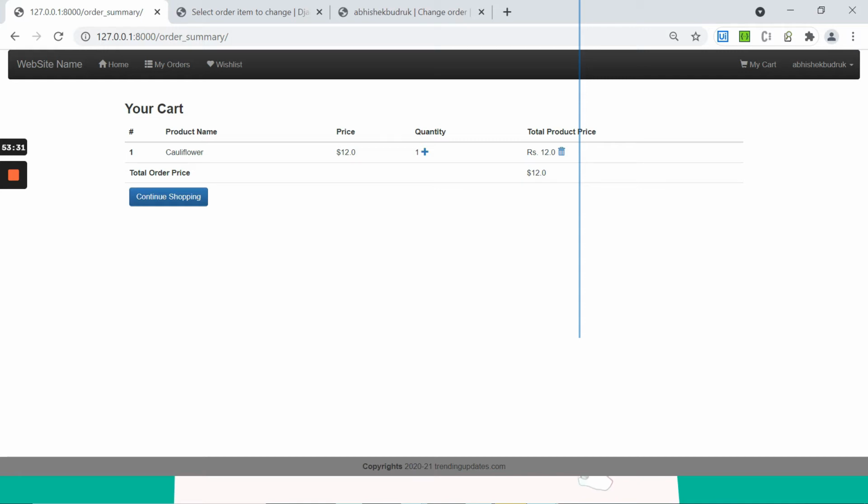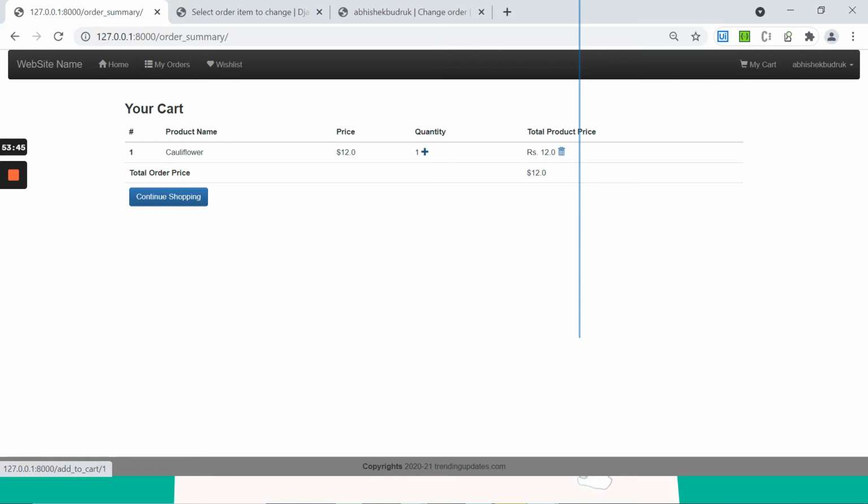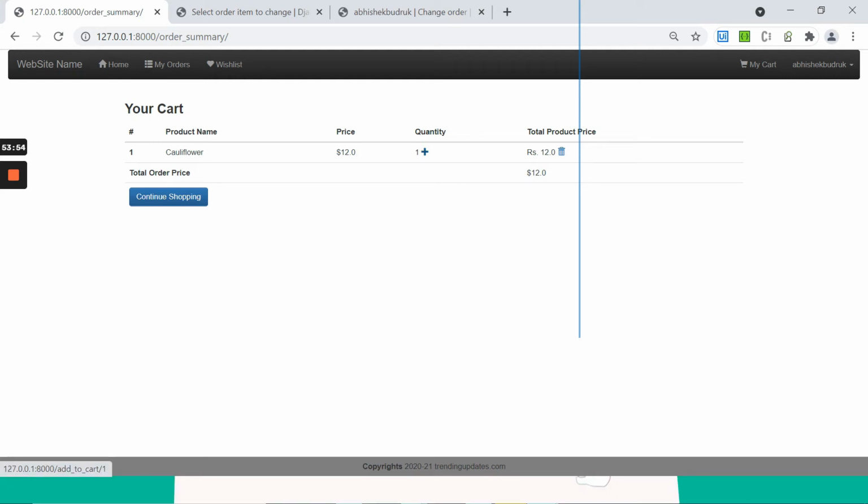For that we need to have code that will just go and reduce the item from that order item. If you see here, I can add one more cauliflower. Just go to the order summary and this is again calling. In the left corner, down over here, whenever I hover on this plus, it shows add to cart 1.